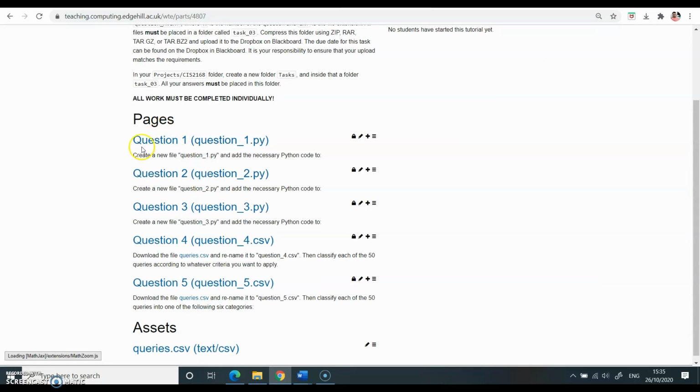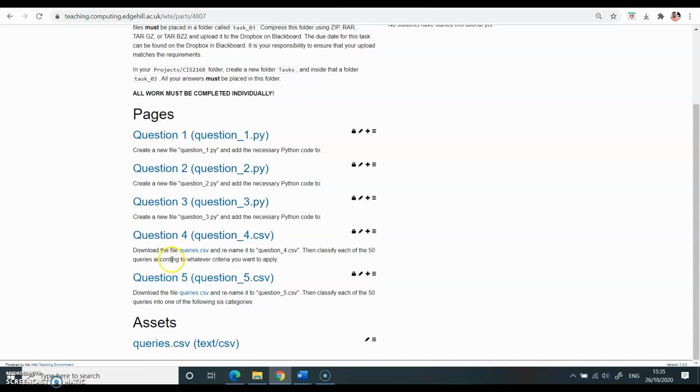and after completing this session you will work on task 3, which is this, and this task consists of 5 questions, 1, 2, 3, 4 and 5, and the CSV file is given here, which you will be using for solving one or the other question. Question number 4 and question number 5 need queries.csv, so the file is given here, which you can use for finding the solution for question number 4 and question number 5.